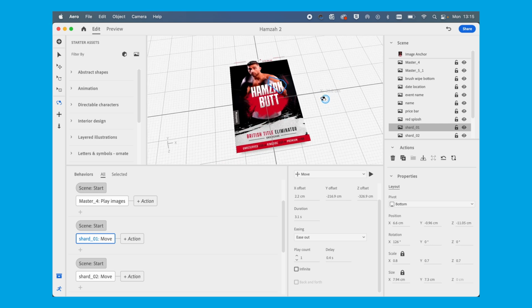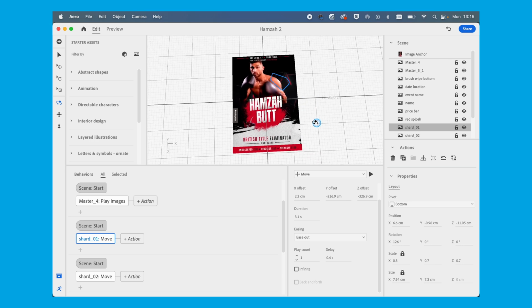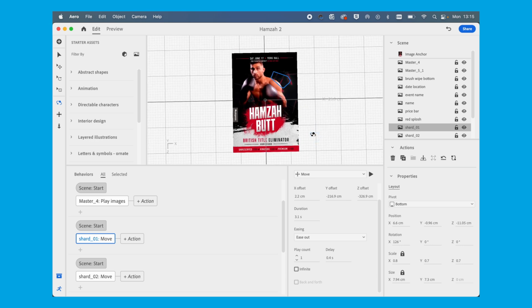In general, I think Aero was a little bit glitchy as well. There were a lot of times when I tried saving stuff and it just didn't recognise the save or the changes, to the point where, for this shards example, I sort of had to stop trying. Basically, it just wouldn't upload new shards. It was a bit frustrating.